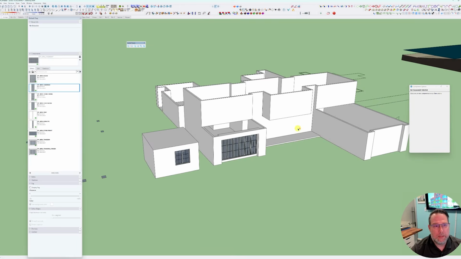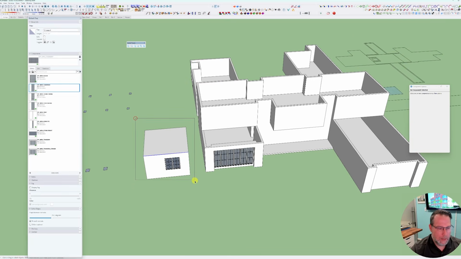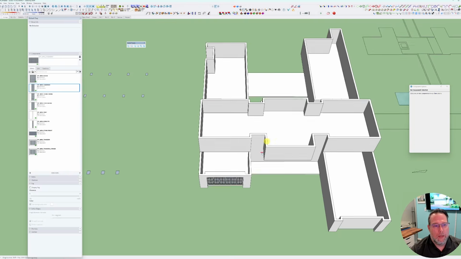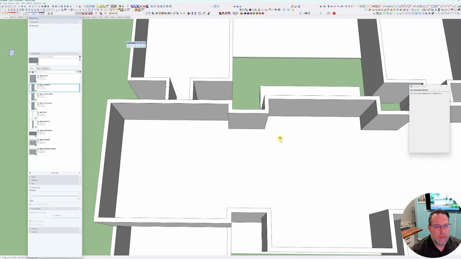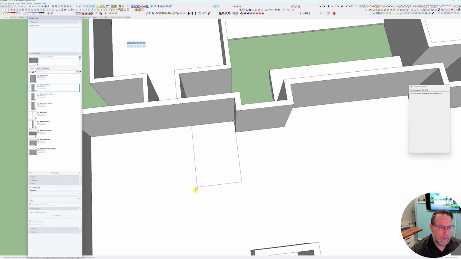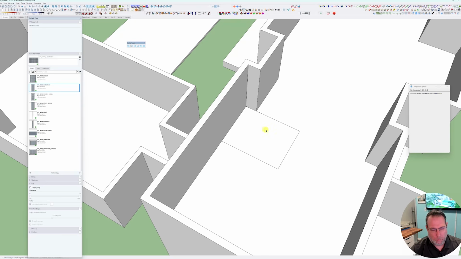So that's the process of how I will model a house. It's just more of the same throughout. Similarly, I believe my stair exists, if I remember correctly, kind of like right here. So I'm just gonna eyeball this for a second. 8 foot by 10. Let's say that's gonna be my stairwell